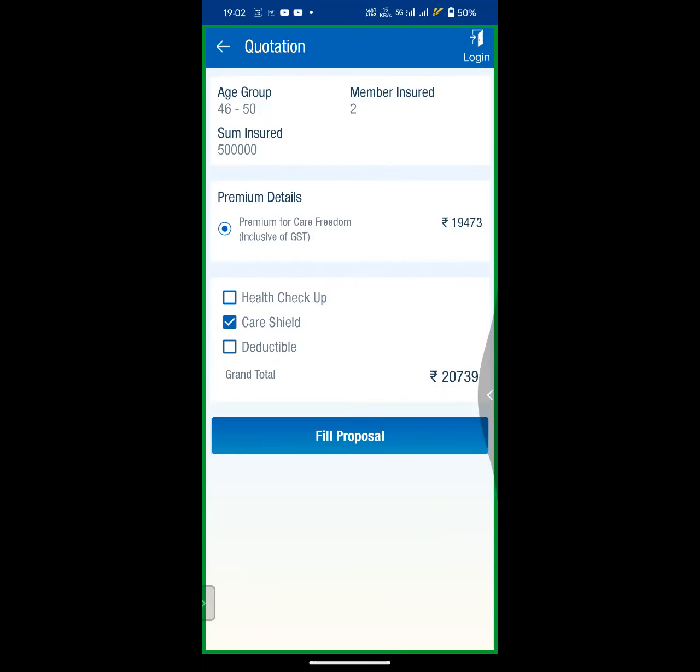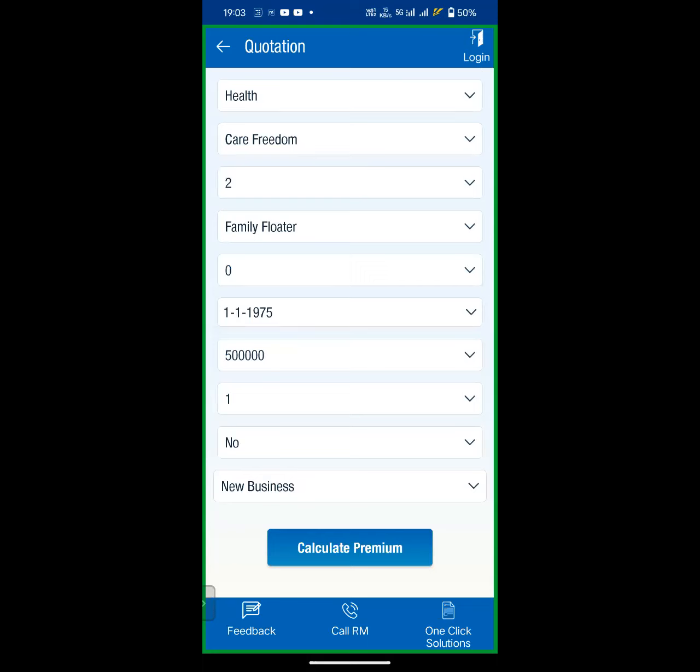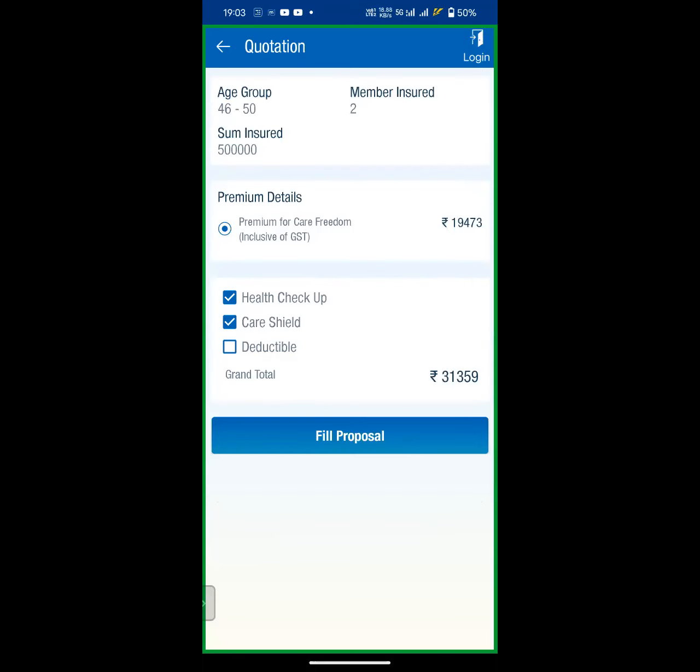So suppose if they're insulin dependent, then we have to select as yes. And after calculating, it would be 31,359. Suppose if you have observed previous quotation, health checkup plus as a rider was not selected. Only if we are selecting insulin dependent as yes, it would be selected,